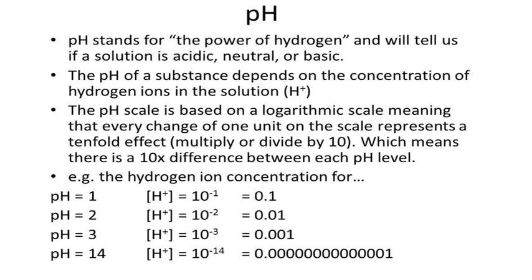In the previous video, we discussed pH and the relationship between the concentration of H plus ion and pH value. So we already know that if the pH value changes by 1, the concentration changes 10 times. Either it increases by 10 times or decreases by 10 times. For example, you can see in the slide, pH is equal to 1, so concentration is 0.1, pH is 2, concentration is 0.01, so 10 raised to minus 2, the difference is 10 times.